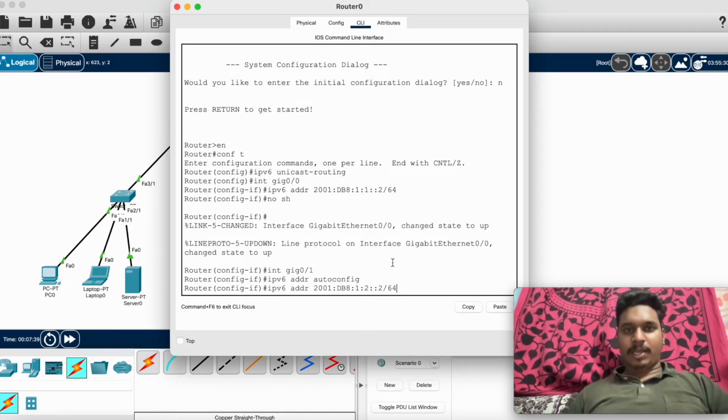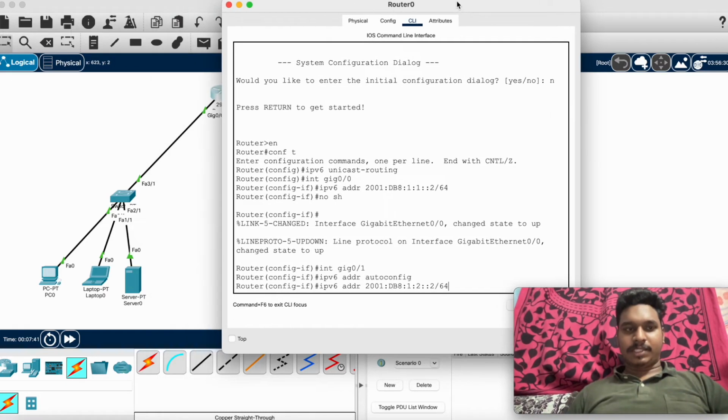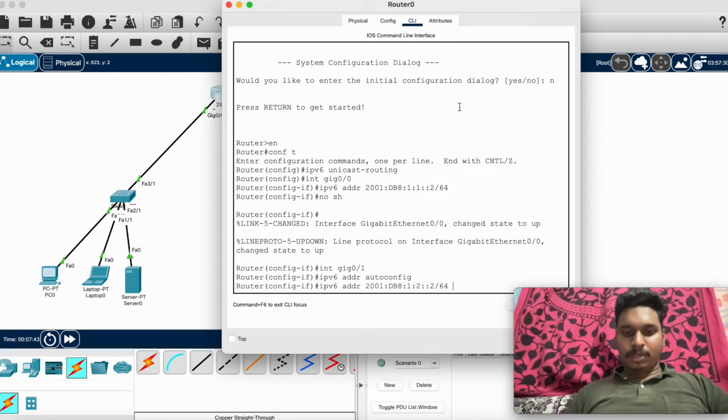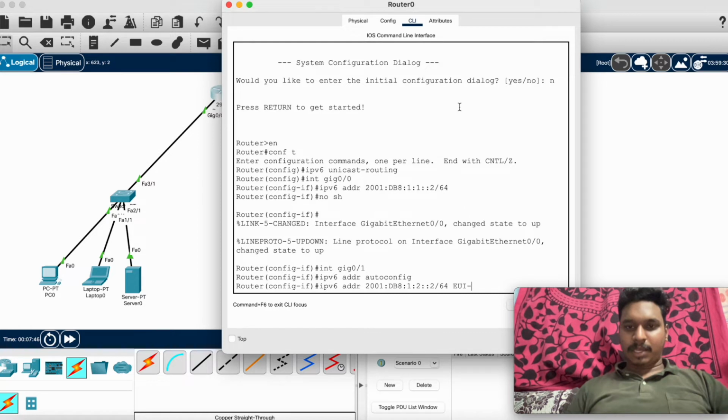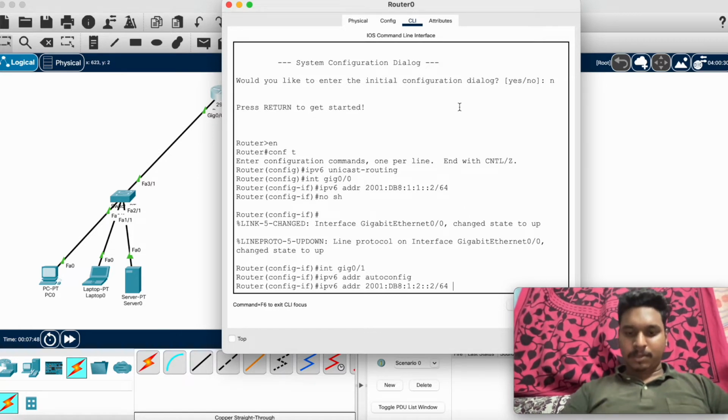And now let us give eui-64. So now this is configured.